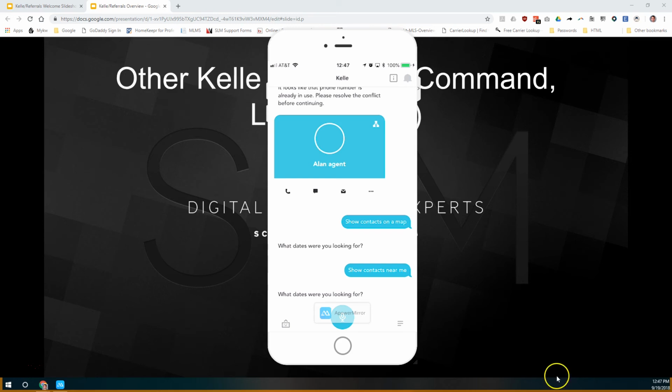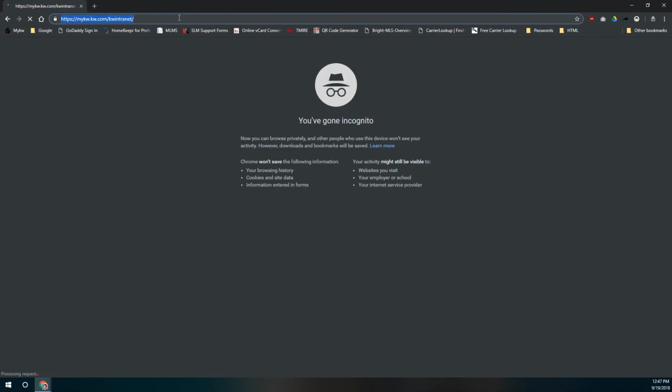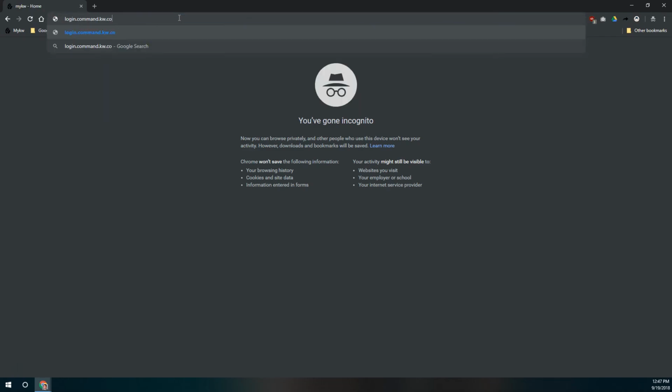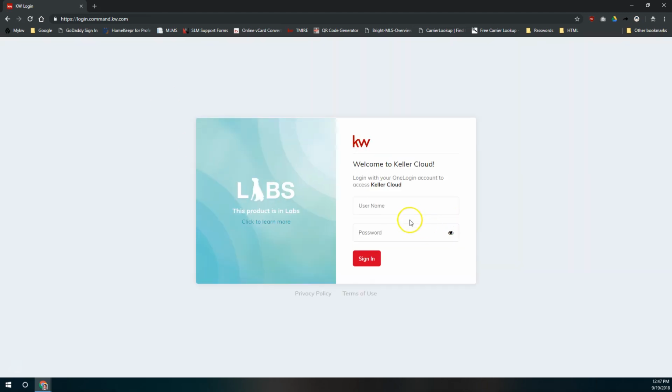Now I'm going to switch over to my browser. I'm going to leave Kelle open just in case I need to. We're going to go in a browser to login.command.kw.com. So this is KW Command, the system that Kelle is pulling the information for contacts from. And you're going to log into Command using your same username and password that you use to log into MyKW and into Kelle. So,